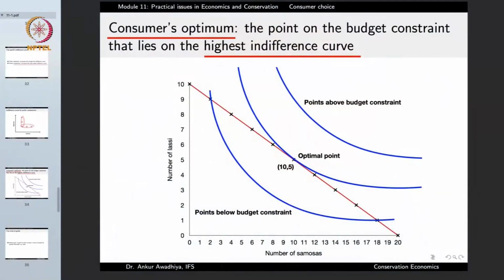Because what is happening here is that for points above the budget constraint, so any point on this indifference curve, it is not selected because the consumer does not have sufficient budget. And if the consumer selected some point on this curve, then she is left with a certain amount of money which could be spent on having more of both the goods, which would mean that the consumer would move towards these